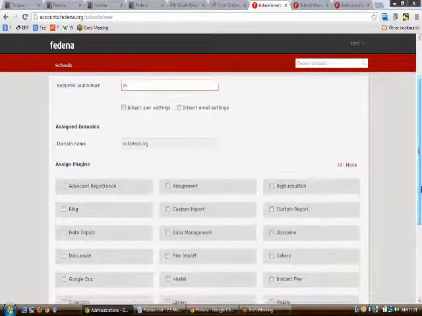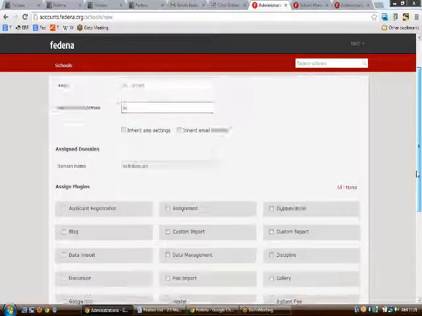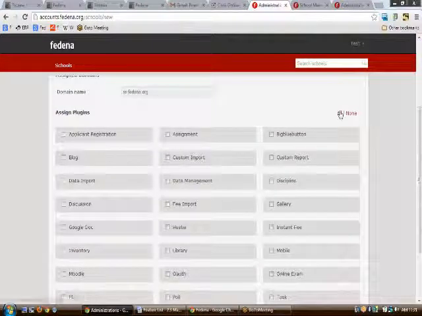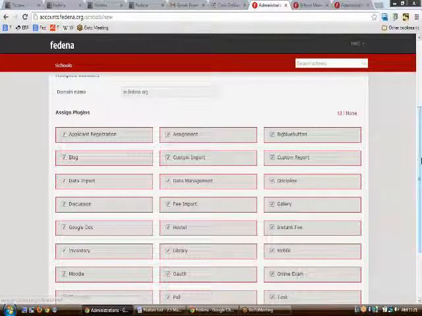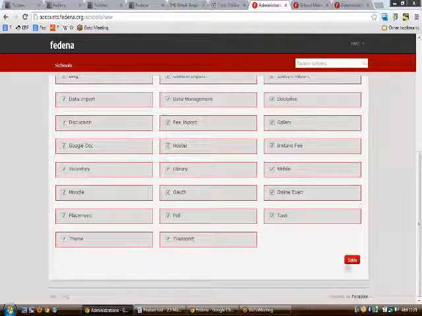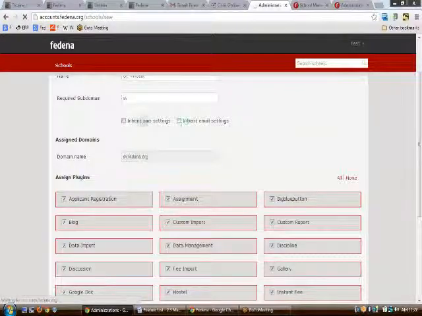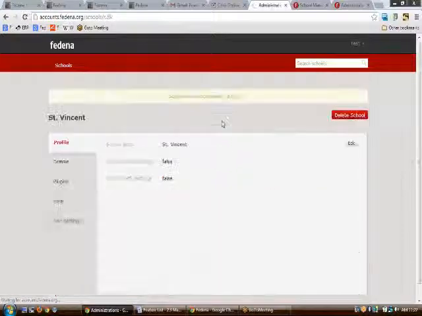Moving on to the next step, we would be assigning all the plugins to the particular school that we have been creating. Let us say that I intend to give all the plugins. So what I can do is just click on the all button and hit the save button. Once this is done, please note that I have unchecked the inherit SMS settings and inherit email settings. This would mean that the school can have its own email and SMS settings.